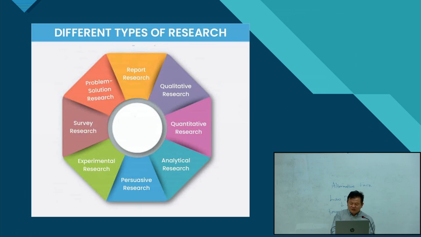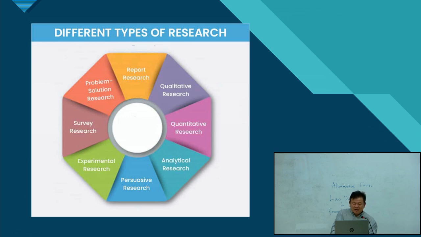And the other picture reports a different type of research. This is a little bit different from research questions, but anyway, the research types. First is report research. Report research means I do a survey, a literature survey, or a questionnaire survey, any kind of research, and I report to other groups or my boss. This is report research. The aim is to report to the boss or groups.